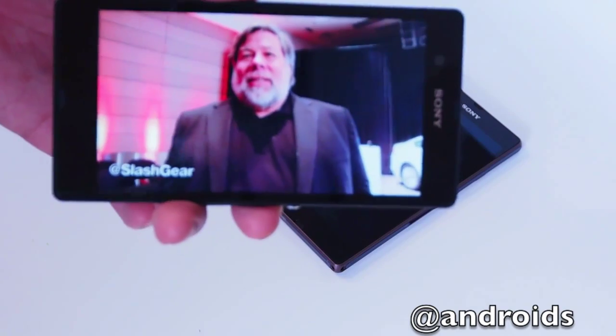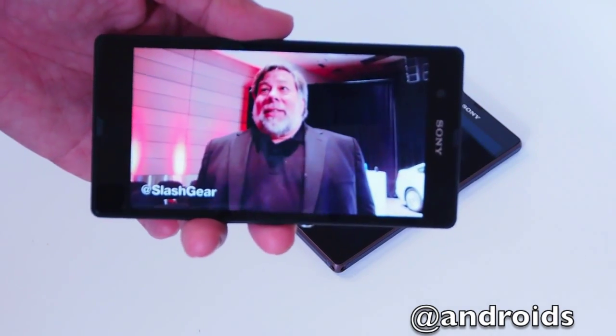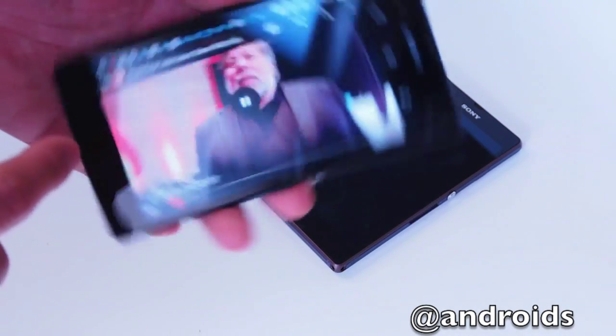Okay, so I'm Craig with Slash Gear, and we have Steve Wozniak here with us. Pretty cool, huh? First, I want to start off by... Just look at that. Look how clear that is. Cars. You mentioned how you preferred...